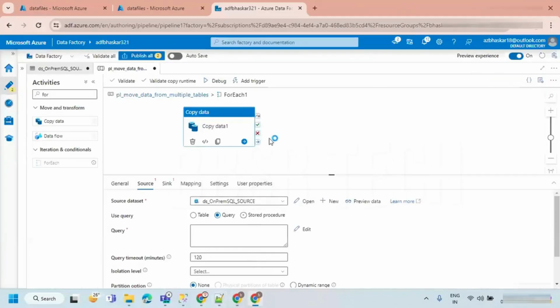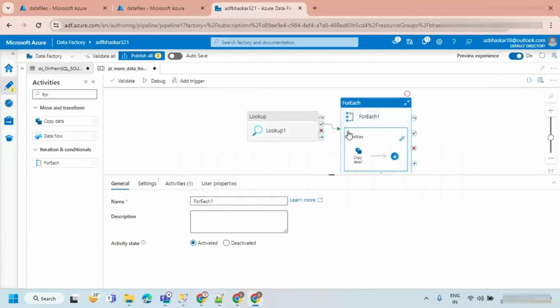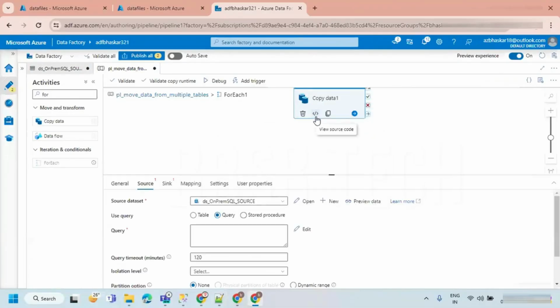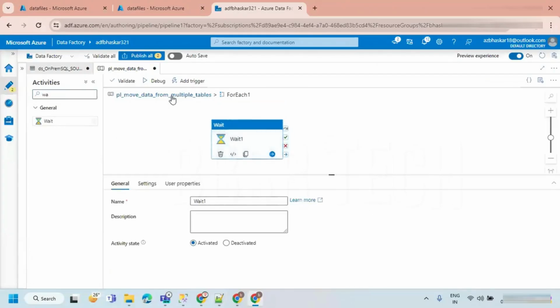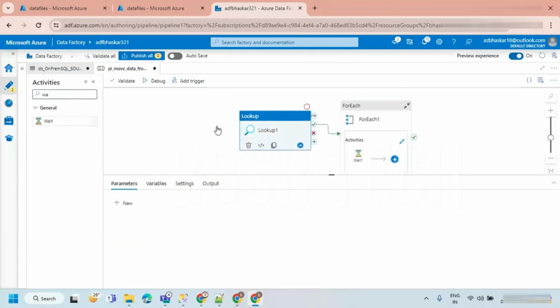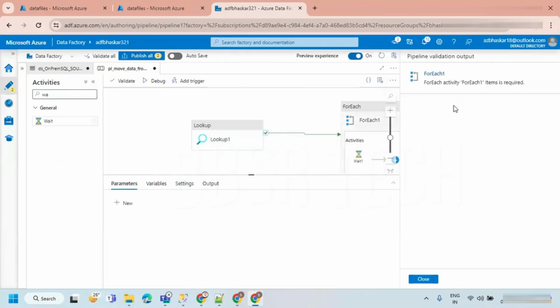To make it dynamic, what we are going to do is, just for running this activity, temporarily I'm using the wait activity, because the for each should expect at least one activity, right? I wanted to show what is the output of this lookup activity. Let's debug it.